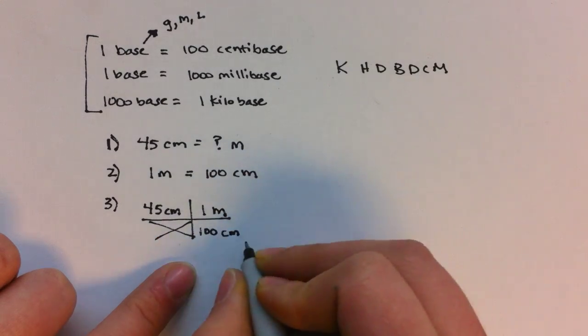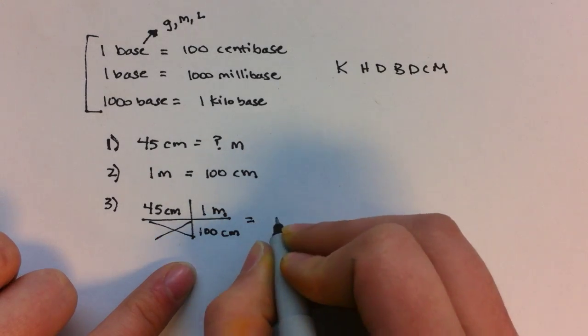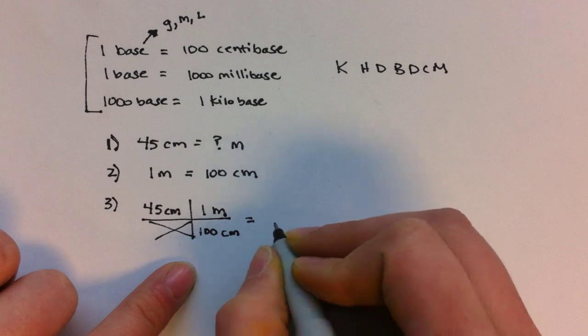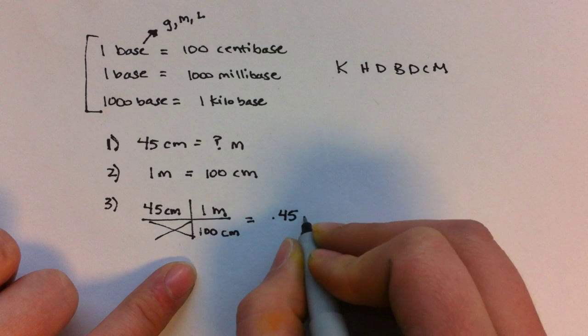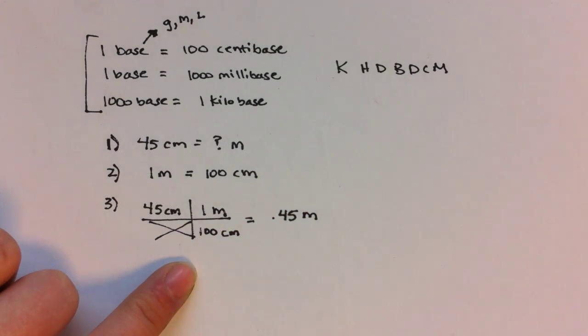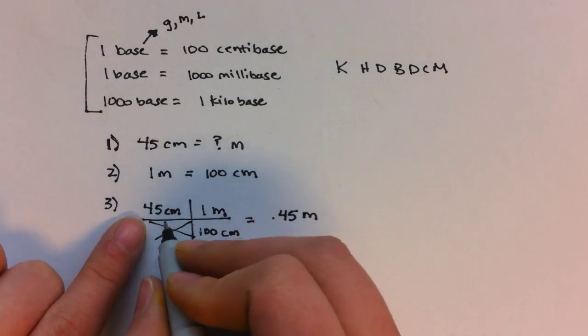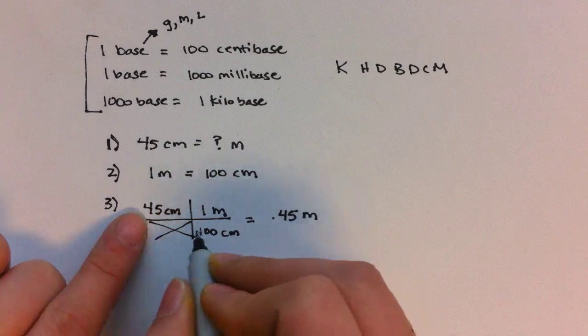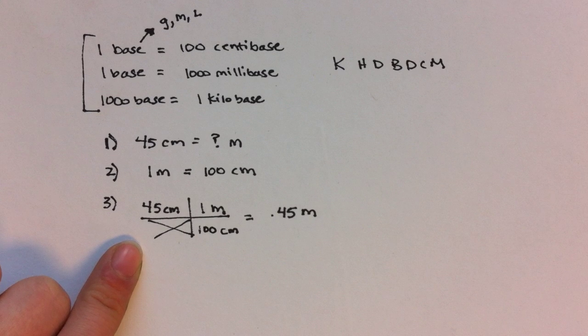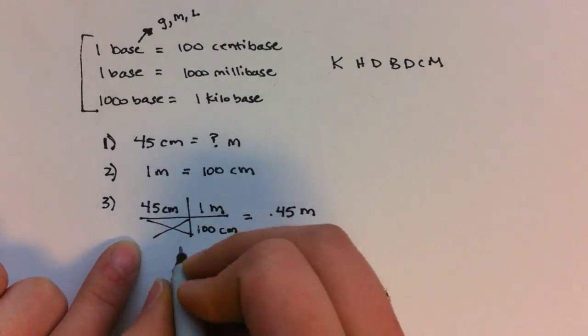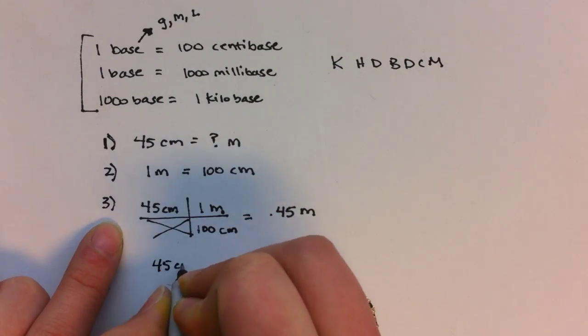Now, we multiply the top and divide by the bottom, which is going to mean that my answer is 0.45 meters. Okay, which makes sense that 45 centimeters is going to become 0.45 meters. Okay, remember the T is a fancy way of writing